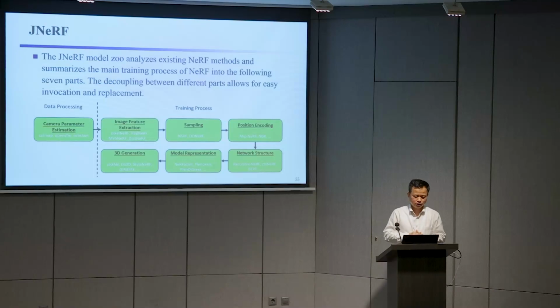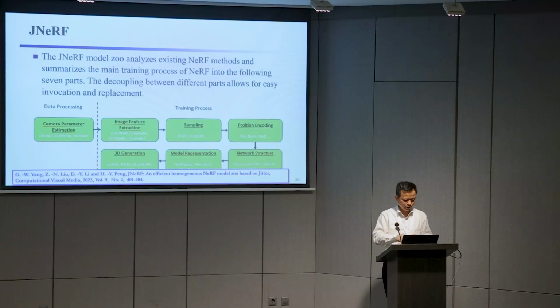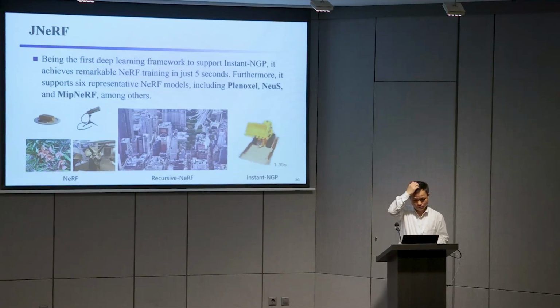And GNerf is a model zoo for NeRF. We analyze existing NeRF methods and summarize the main training process of NeRF into the following 7 parts, and decoupling between different parts allows for easy invocation and replacement. And the paper is published in Computational Visual Media. Just a short paper for this model zoo, and being the first,